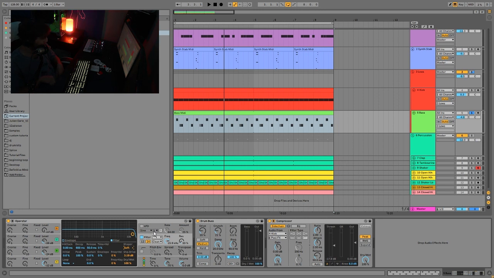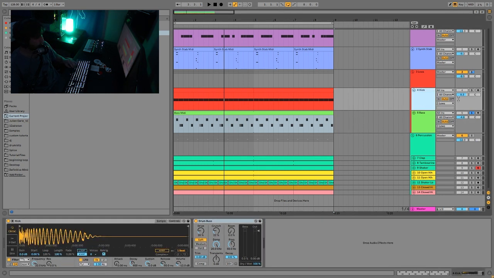And if you feel like your bass is lacking, I definitely recommend you try that, because you'd be surprised what you can find. And then we just have some drum bus like you saw, just making the sound a bit fatter. And then a compressor to sidechain into the kick. Even though this plays on the upbeats, because we have such a big booming kick, it's not really going to clash,